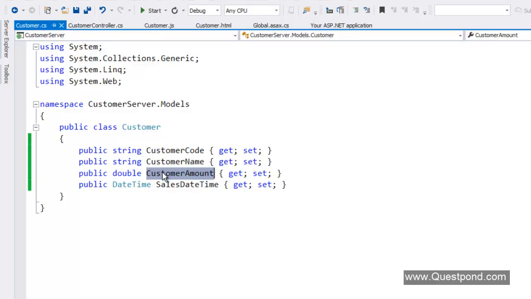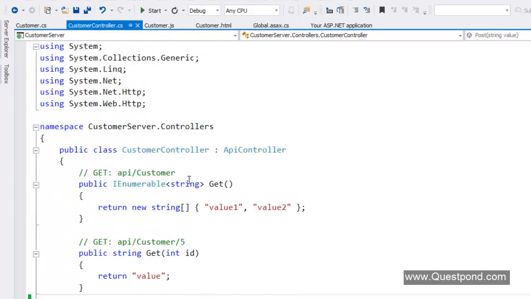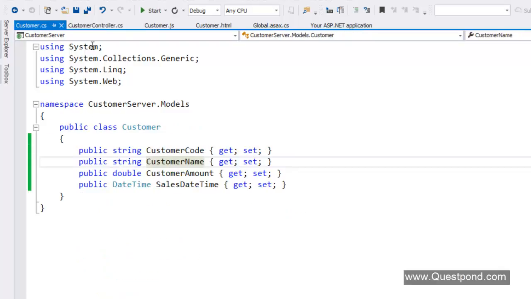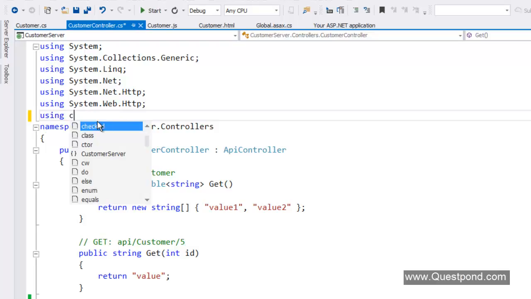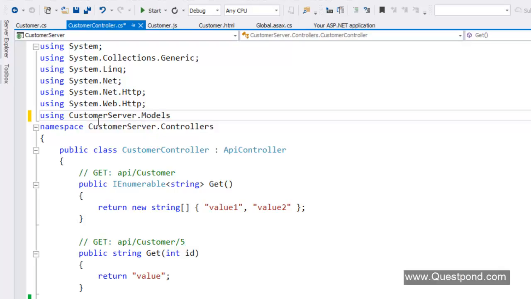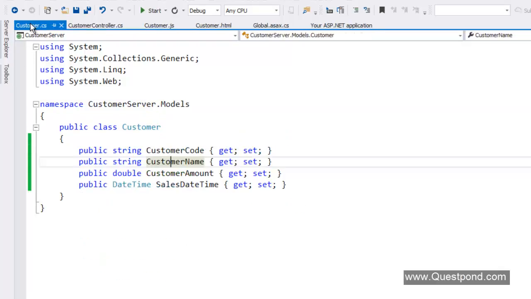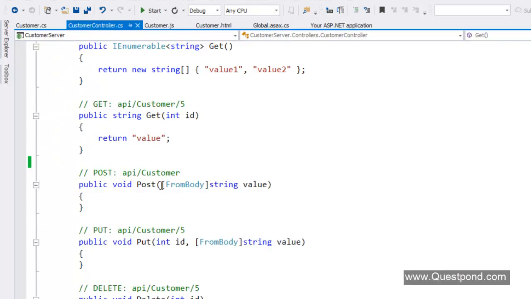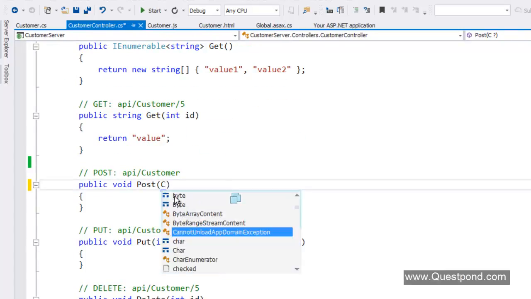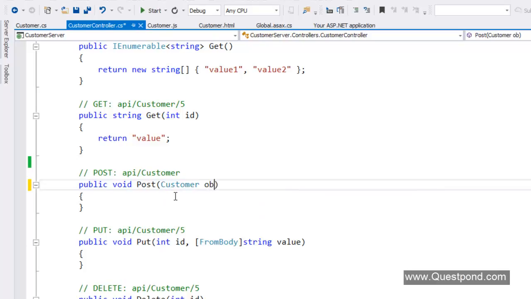And in the same way, I have created the customer amount and sales date and time property, right? So when Angular sends a post, we want this customer object to be filled and sent to the controller. So over here, we need to now go and import that model. Remember that the customer class is in the models namespace. So I've imported the model here, and in the post now over here, I expect it to fill my customer